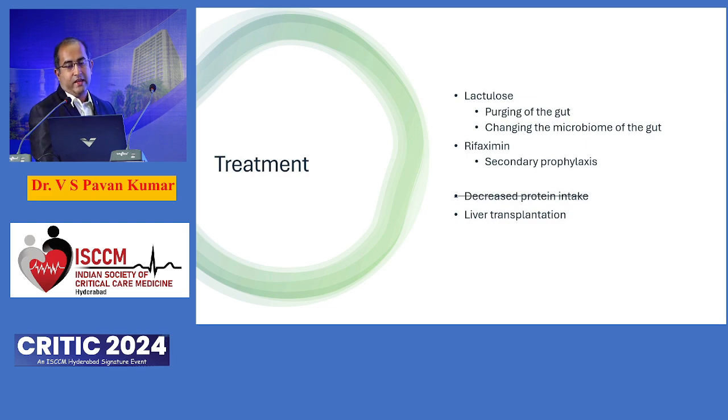Okay, and then we have rifaximin, which is used as secondary prophylaxis, but it is a non-absorbable antibiotic which causes, again, control of the gut microbiome. The other thing that a lot of people think would work is decrease in protein intake, but the risks of that outweigh the benefits. And then obviously liver transplant is an option as we had spoken about, but if we